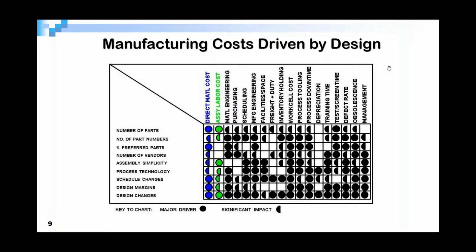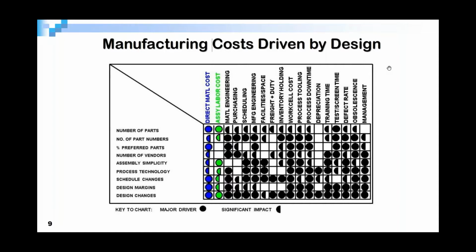Design people, design process control 80% of the cost of a product to 85%. Only 15% of the cost of a product is controlled by manufacturing itself. This is a really difficult concept to get over to designers because they like to get it designed, prototype it, and then throw it over the wall and say, now it's your problem. And in manufacturing, we had to fight with it and say,